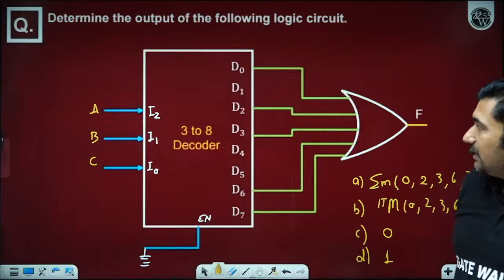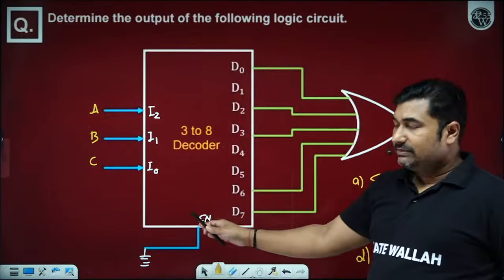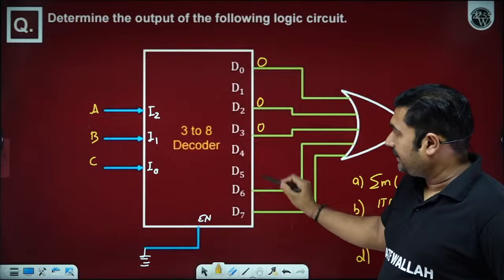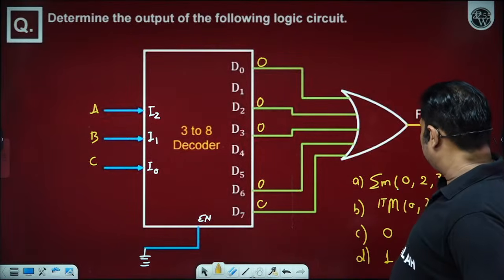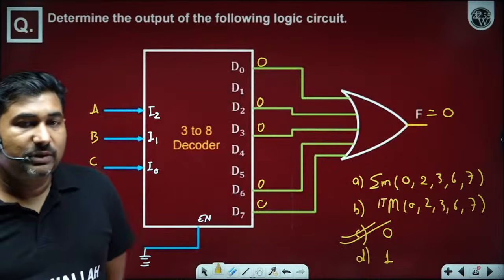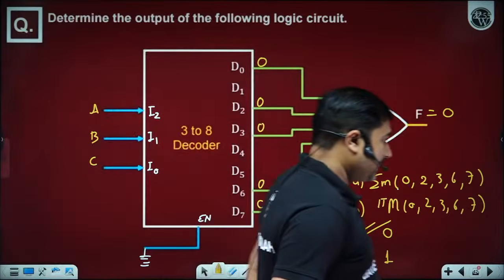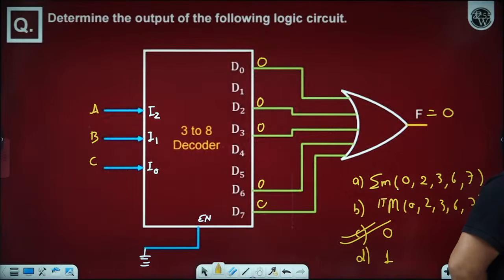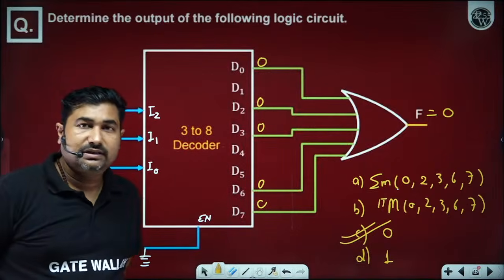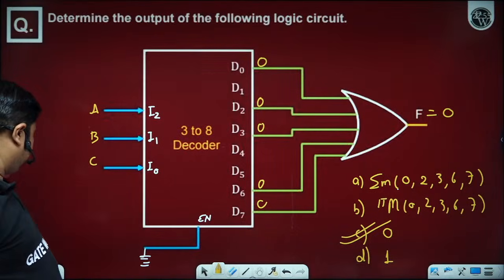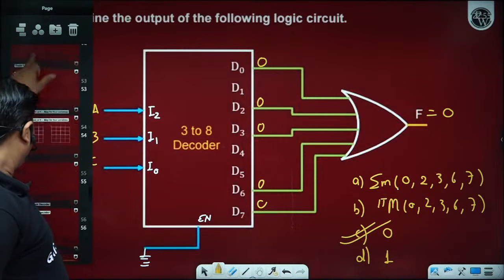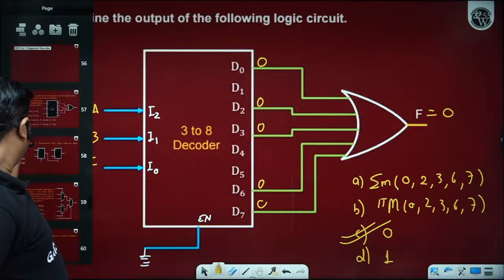Sir, if this is a normal circuit with the enable pin and enable is grounded, then all outputs will become 0 only. So you will get function output 0 only. How many of you are now able to understand? Please let me know by writing in the comment section, beta ji. Hoping all of you are able to understand the concept of enable as well. Is it okay?